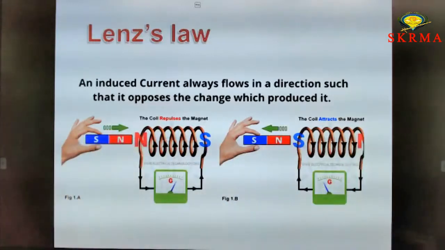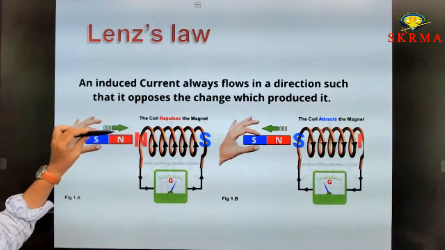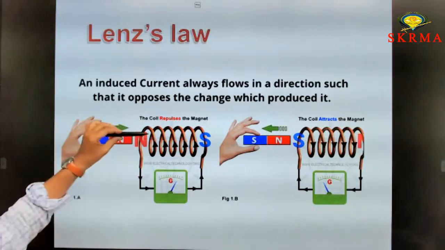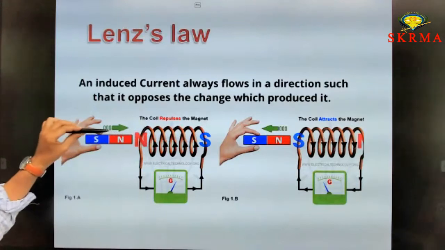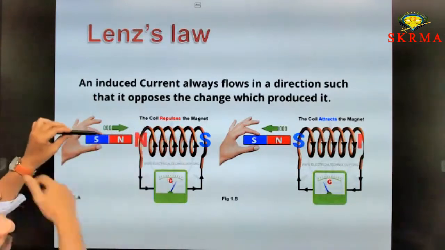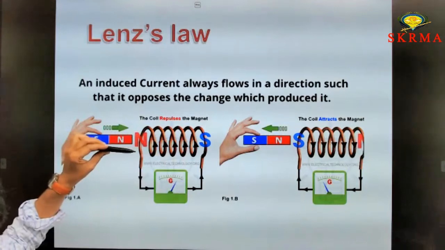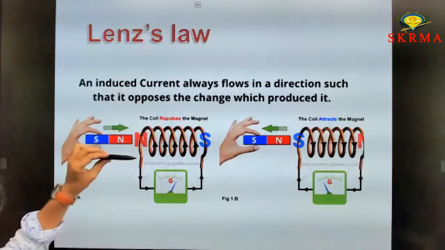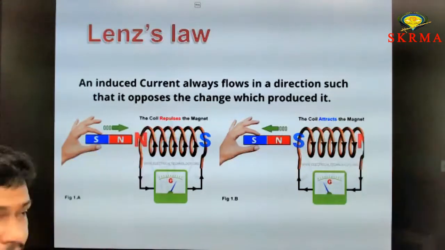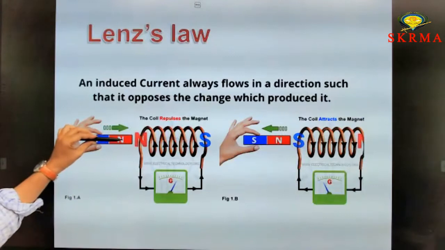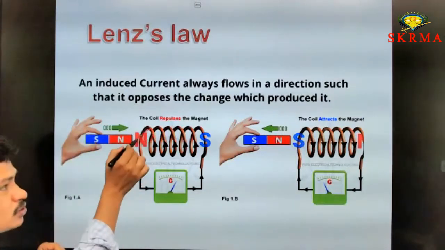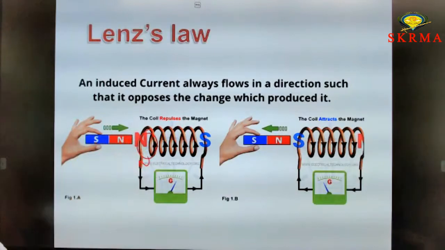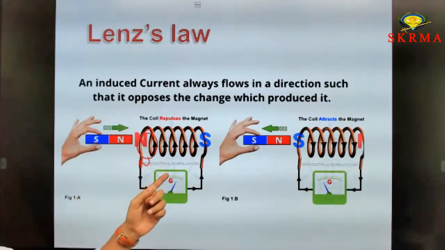Here also the same thing is happening. If you observe this diagram, this is a coil. If you move the north pole of a magnet towards the coil, what happens? The coil tries to repel this north pole. The repulsion, or opposing property, is represented by the minus sign. That is what is explained in Faraday law. In order to repel the magnet's north pole, this coil acts like a north pole.